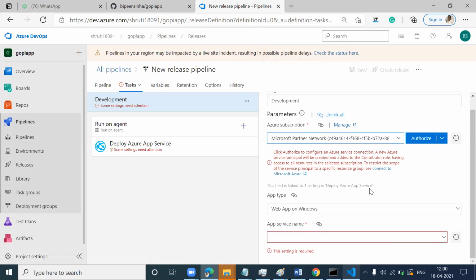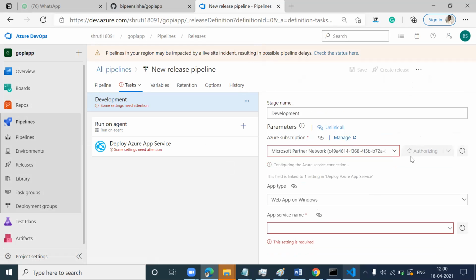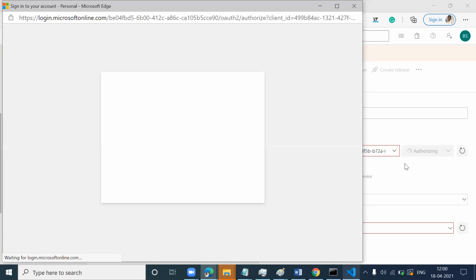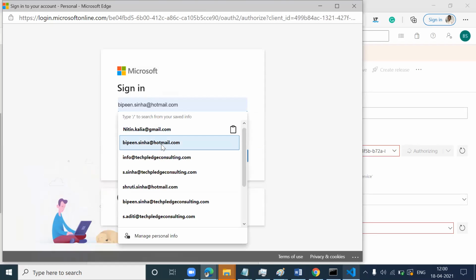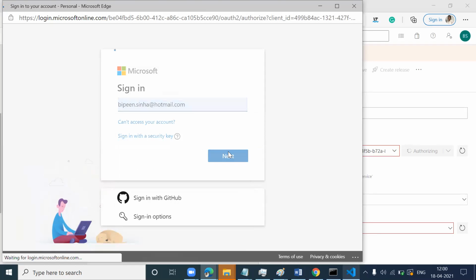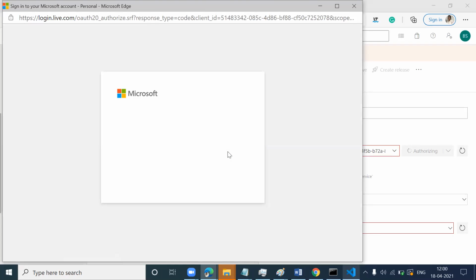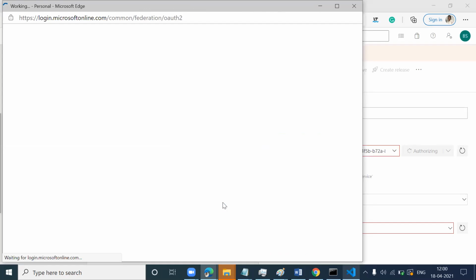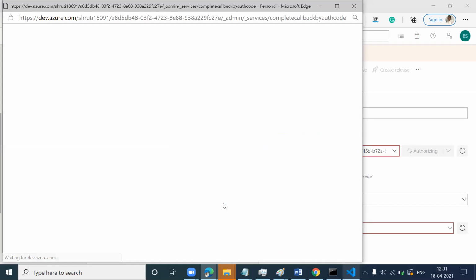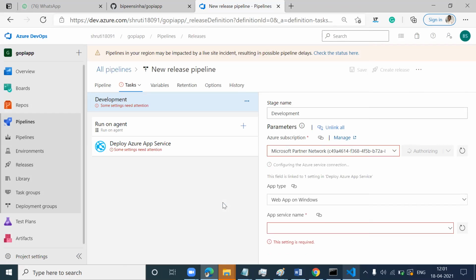Click authorize. It is going to ask me for my username and password. Now wait until it is authorized.